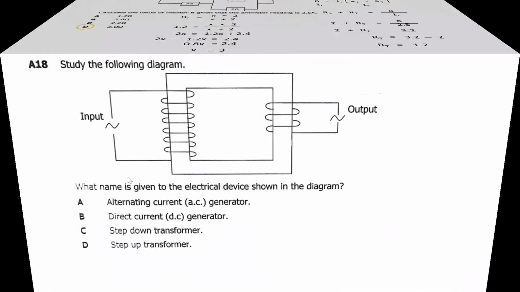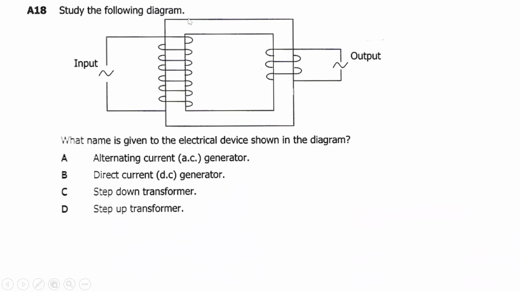We move to A18, which says study the following diagram. So this is the diagram. It says what name is given to the electrical device shown in the diagram. So when you look at this electrical device shown here, you will notice that it is a transformer. So a transformer consists of coils. The first coil here is called the primary coil. This one is a primary coil. Then the second coil here is actually called the secondary